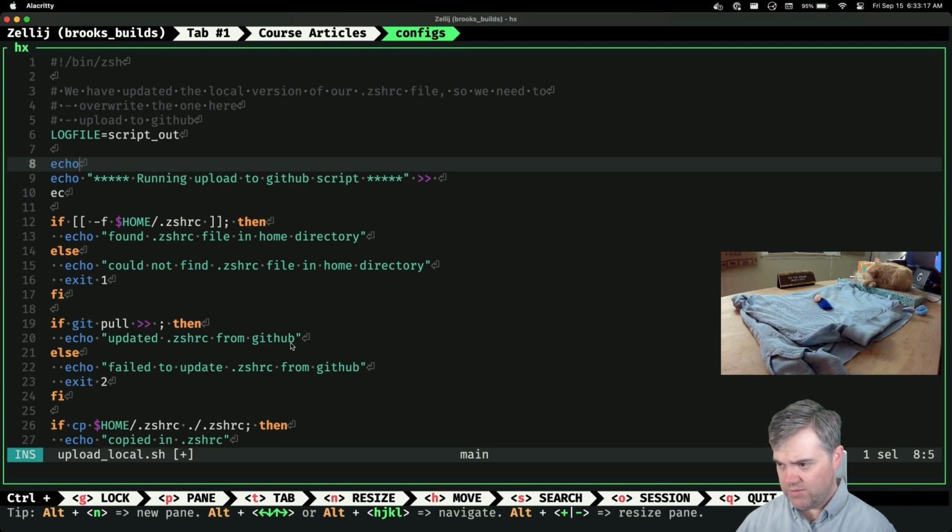I'll probably just do something like echo, append this to script out.